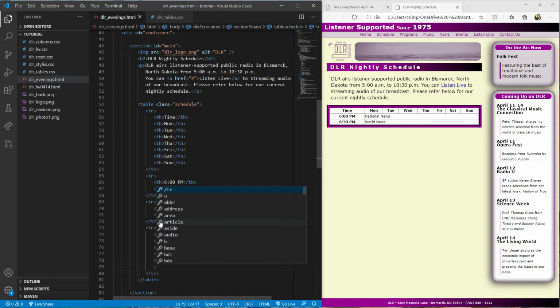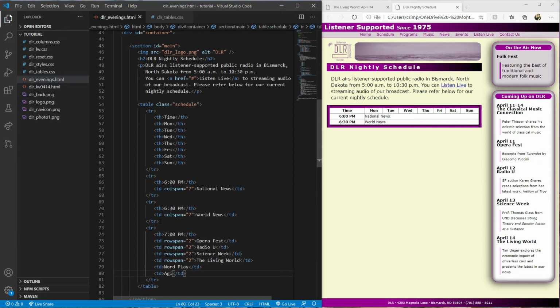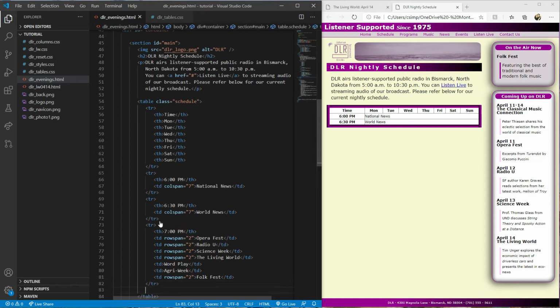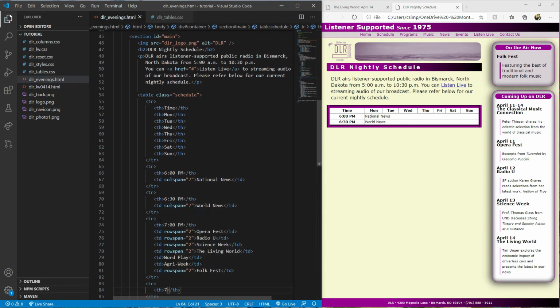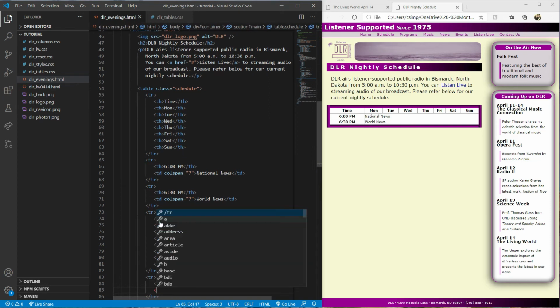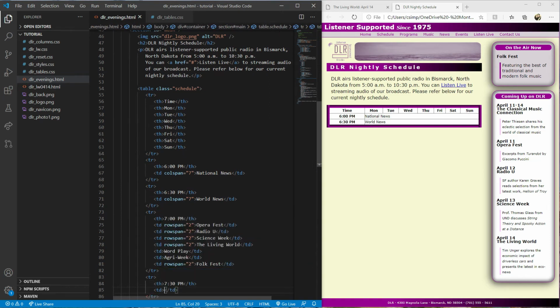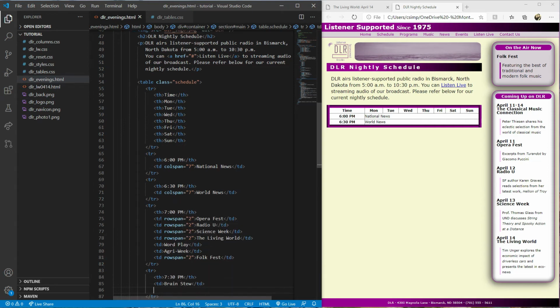We are going to do wordplay, and it's only going to be a half-hour show. And then on Sunday, we have another 2-hour or 1-hour show that's going to row span, and that's Folk Fest. Okay, we're going to go ahead and add our 7:30 time as well. But we only have to write 2 entries for this one because the 7:30 time only comes up on Friday and Saturday. So we're going to do Brain Stew on Friday and